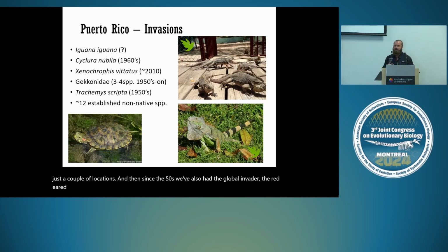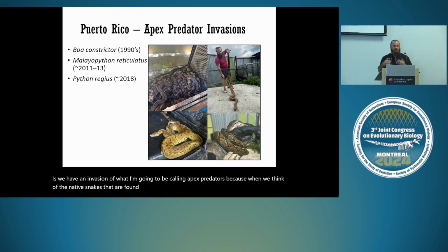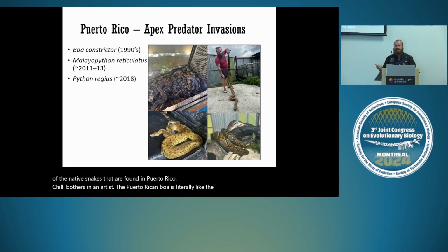But what's actually going on now is we have an invasion of what I'm going to be calling apex predators, because when we think of the native snakes that are found in Puerto Rico, Chilabothrus inornatus, the Puerto Rican boa, is literally the apex predator on the island. So the only things that eat very large boas on the islands, in Puerto Rico anyway, would